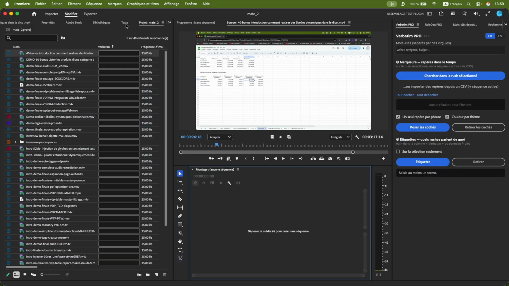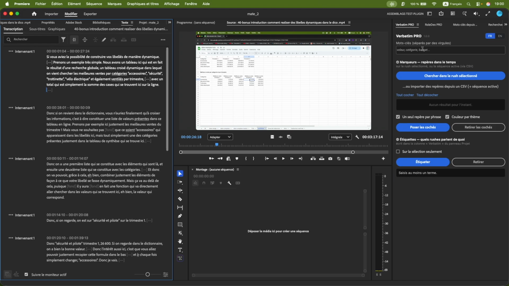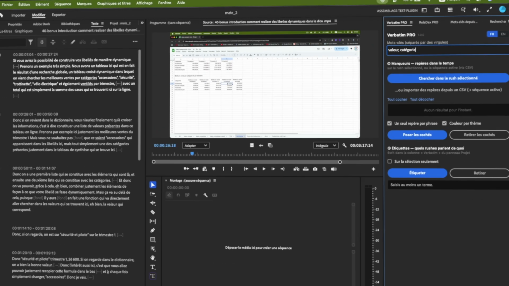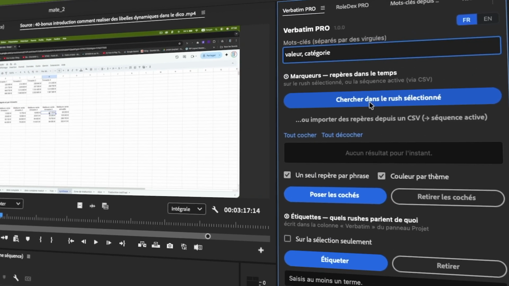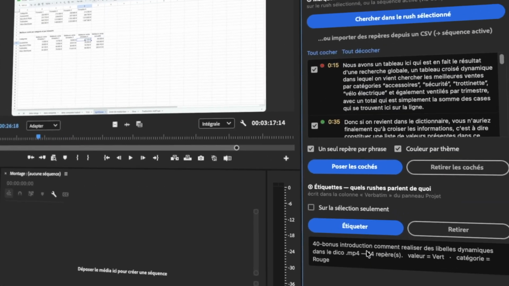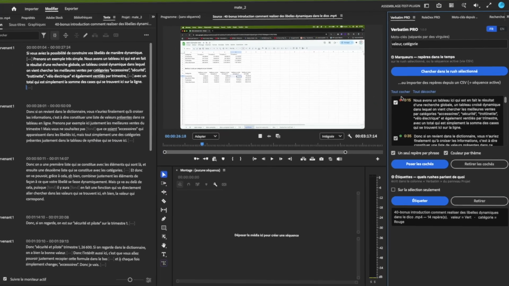So, of course, it all starts with a text transcription. Once the plugin is installed, you'll be able to, in the first step, simply enter the keywords. For example, here, let's add value category. And then I can click on search in the selected clip. It tells me that it found 14 markers, but more importantly, it identified for me with a different color each